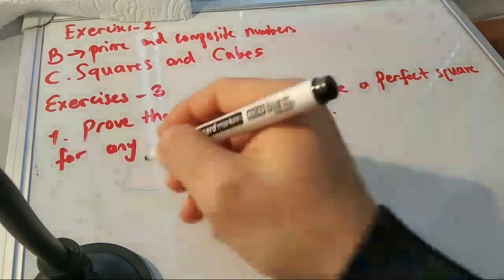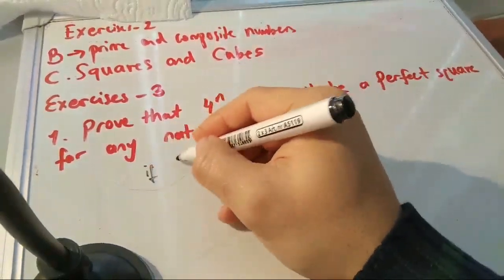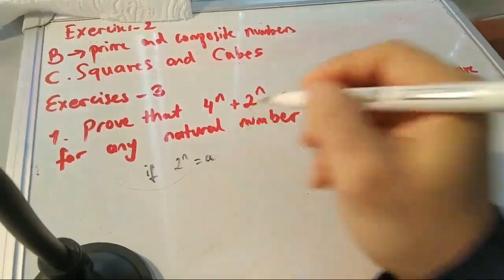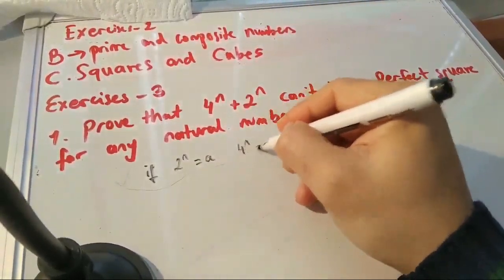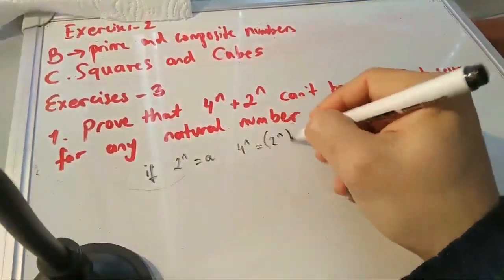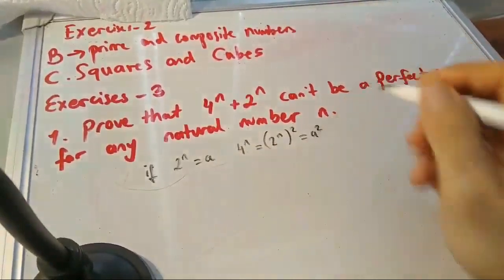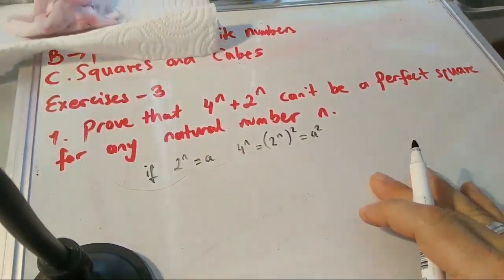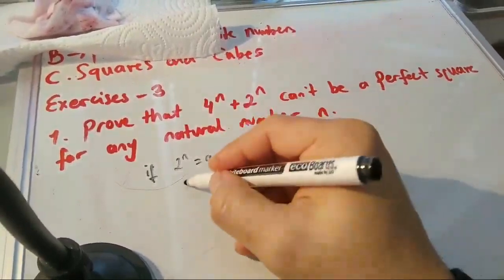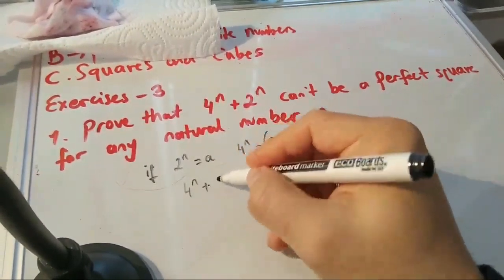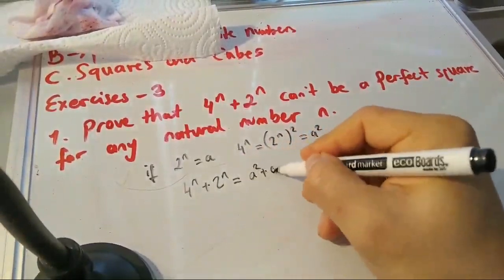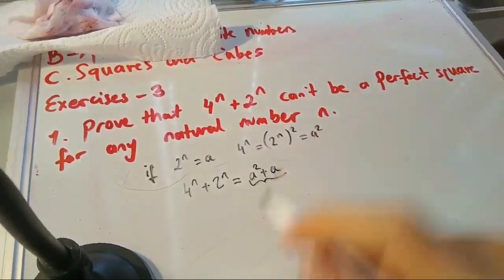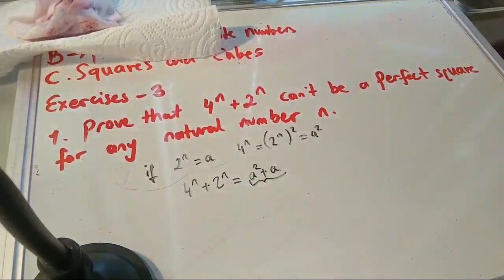So if 2 to the power of n is a, 4 to the power of n is 2 to the power of n squared, so it will be a square. So 4 to the power of n plus 2 to the power of n is a square plus a, right? So a square plus a